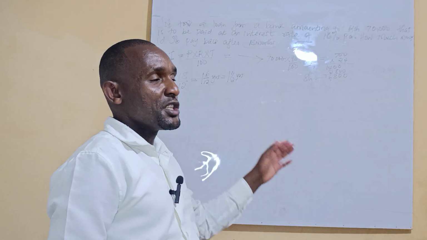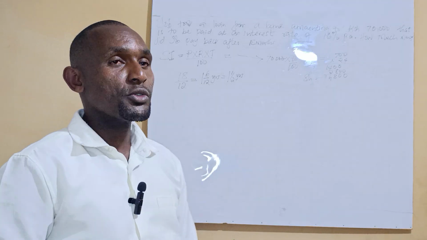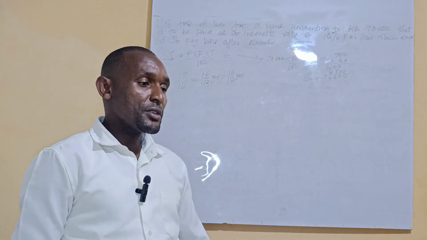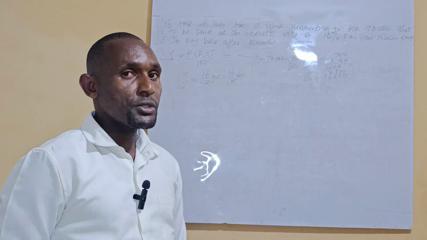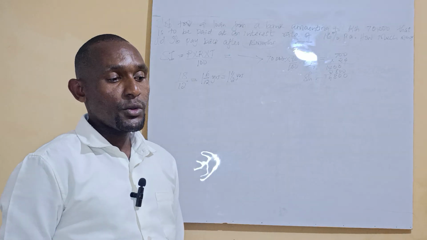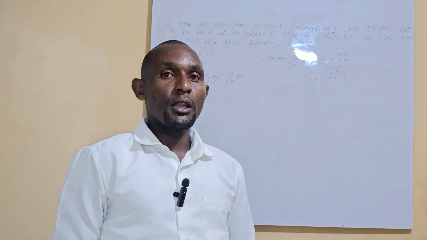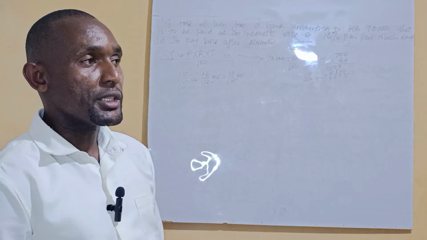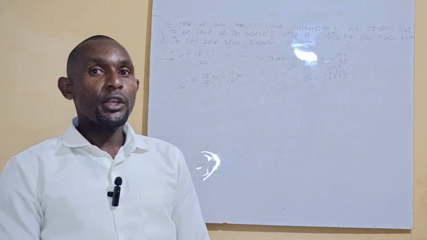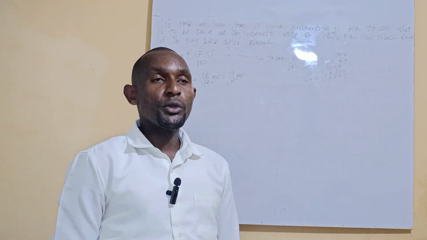Now you have to get the principal, that is the amount. You're going to take the principal and then you add the interest that you have already earned. So this one is a recap on simple interest. And very fast we are going to rush and look at the compound interest and how it is calculated. We are going to start with a step-by-step method or the long method, and then thereafter we are going to look at